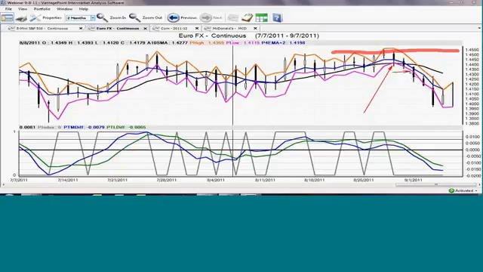That point was hit on September the 1st, which would have gotten you into the short position. Again, you note that it does coincide with this crossover, this turn down in the predicted exponential moving average below the actual moving average. So you have your crossover, you have your previous highs fading on the market, providing some resistance. You have the predicted low providing a point at which you can enter based upon the other clues that you have. And of course, when you look down below, you can see what has happened.